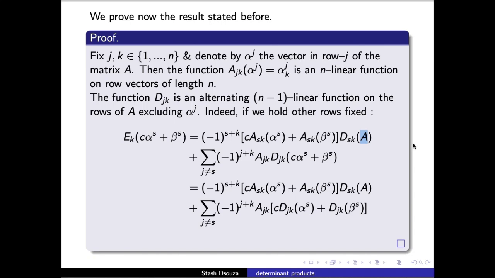We now go to the next step of our equality and try to simplify the sum. We do not make any adjustments to the first part of the sum where the index j is equal to S, but we do make adjustments, or simplifications, to the second one. Here what we need to do is